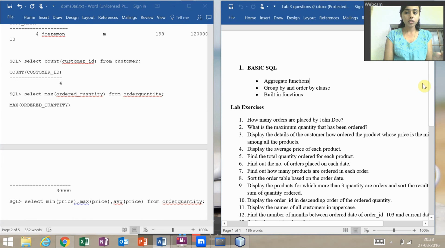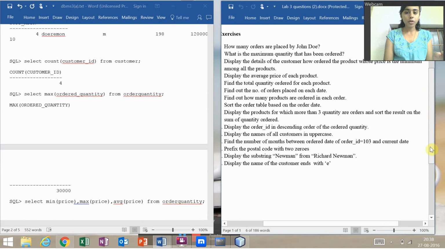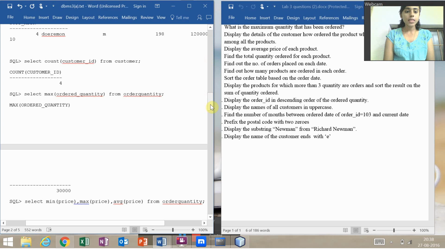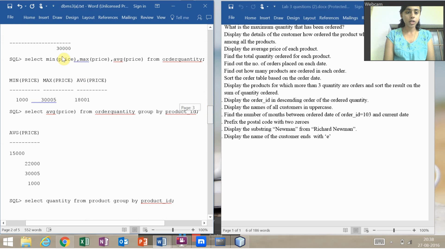Now the first one is to display the number of customers in my table customers. For that I have used the count method, that is select count customer ID from customer. You can see the result is count, that is 4, total number of data is 4. Then the next is the maximum quantity that has been ordered. To select it, I have used select max ordered quantity, which is my column name, from the table order quantity. In this you can see the maximum order quantity is